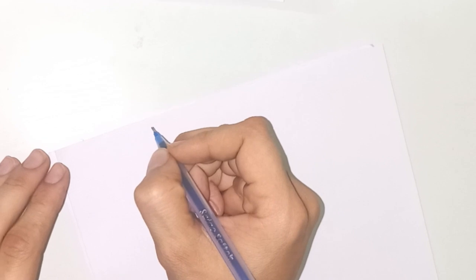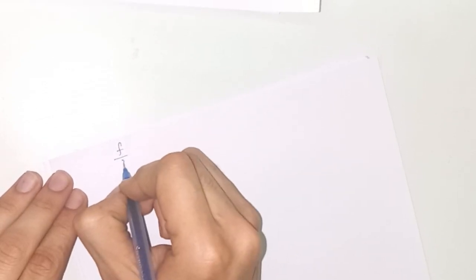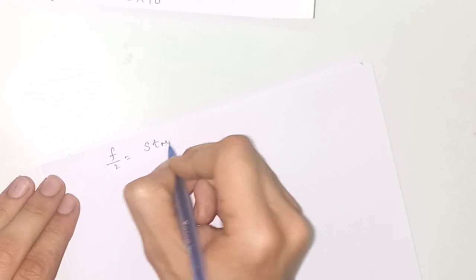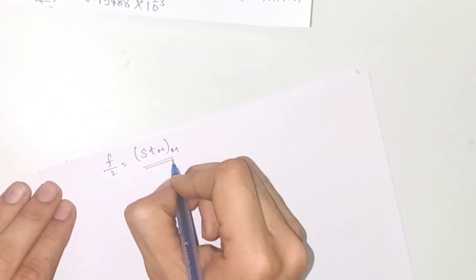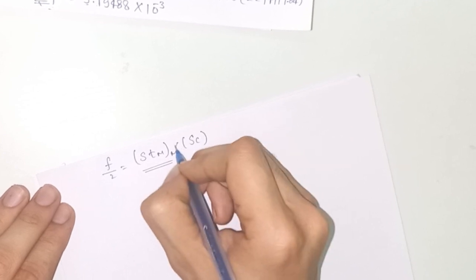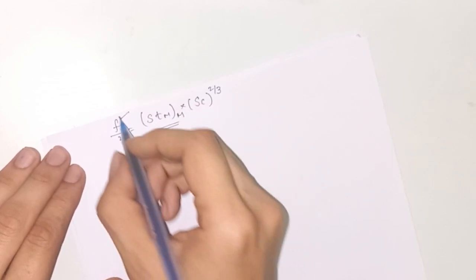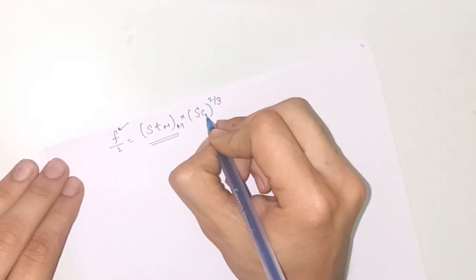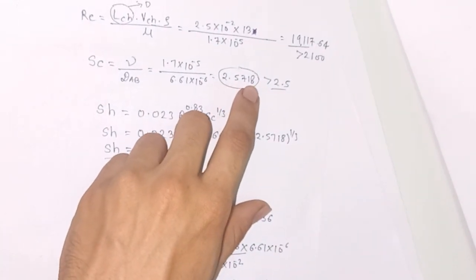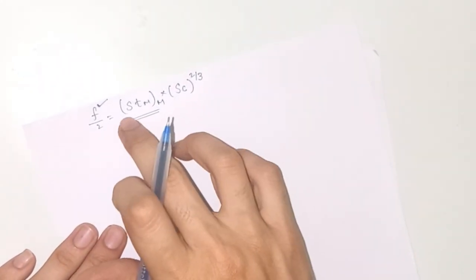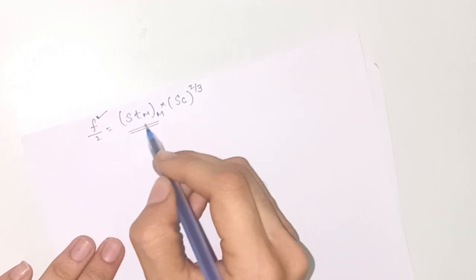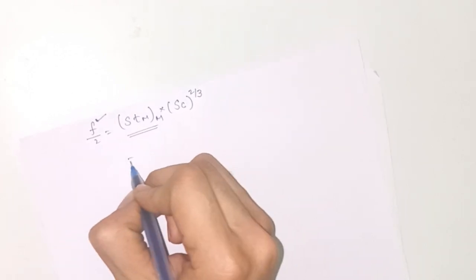So using that relation, we have the relation for the mass transfer coefficient and the friction factor as: f by 2 equals the Stanton number for mass transfer multiplied by the Schmidt number to the power 2 by 3. Now we already have this friction factor, and the value of the Schmidt number we have already calculated, that is 2.5718. So we need to just put the value of the Schmidt number in that place, and now we're going to expand this term of the Stanton number for mass transfer. So doing that,